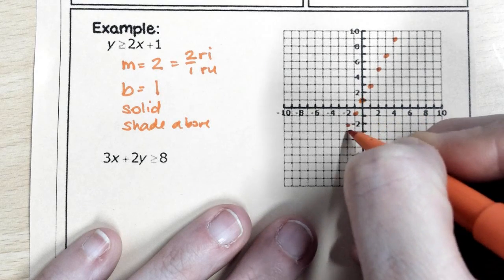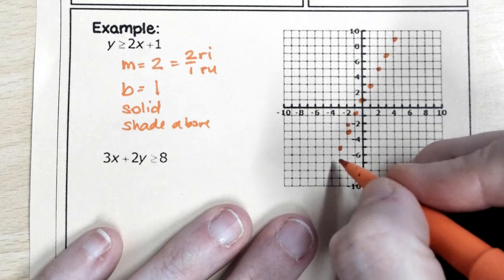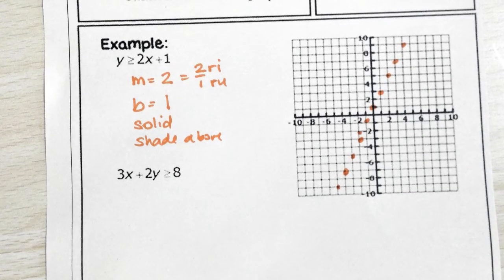Wait. Did I mess up? Maybe? Nope. Looks good. Okay. And then when you're done, you can connect the line if you can find your ruler,